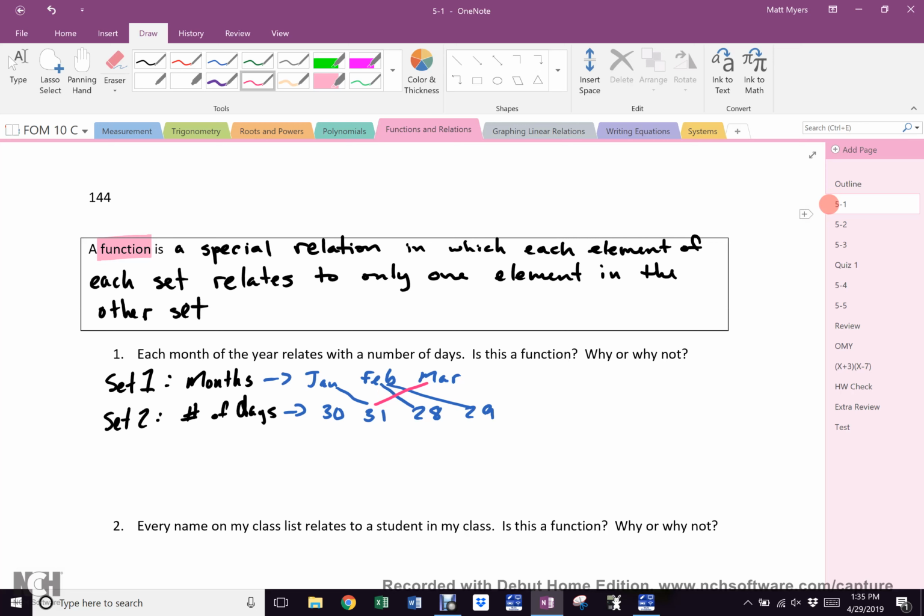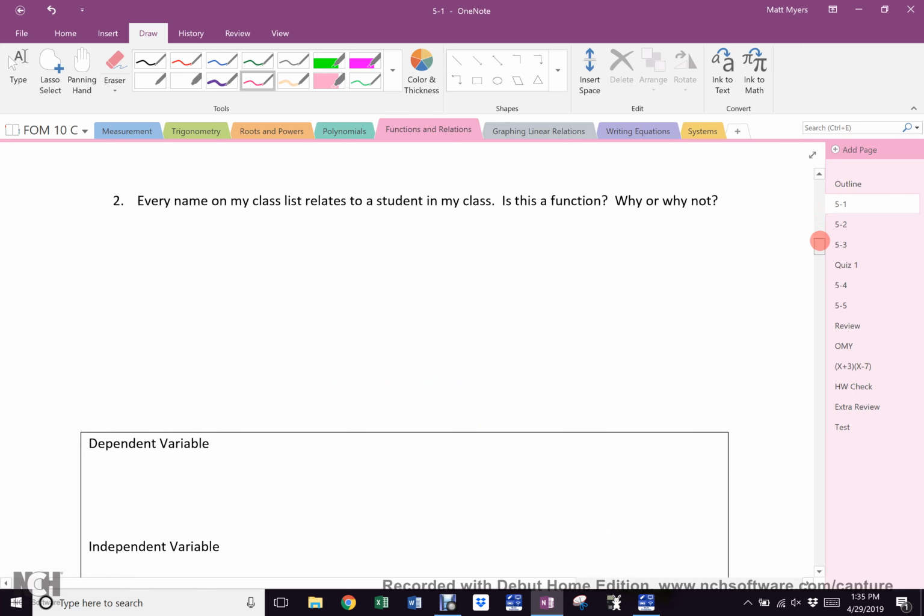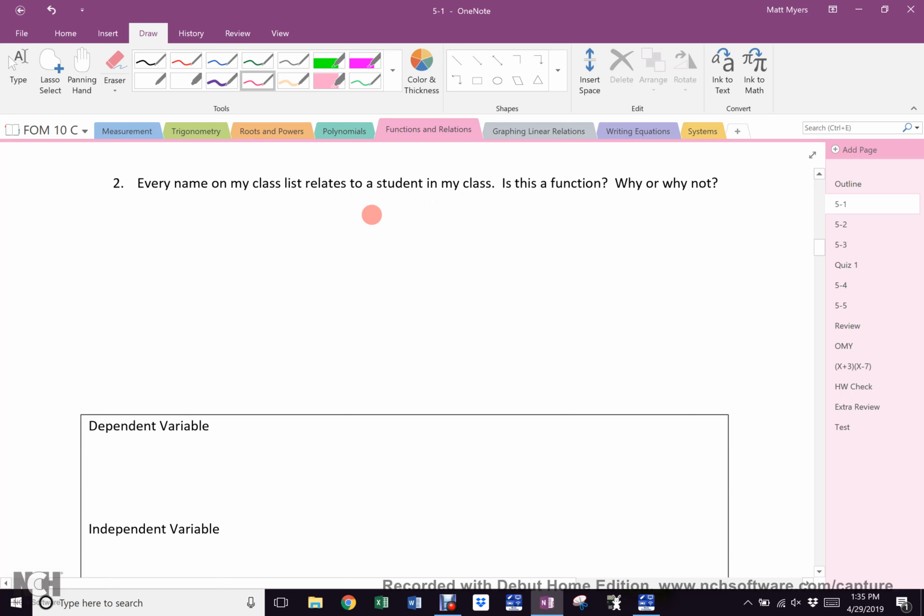All right, let's try the second one. This one's a little trickier. Every name on my class list relates to a student in the class. So what is set one? Okay, the names. What is set two? The actual students. Now this is where it gets tricky. On my class list, do I have first name, last name, both? Both. So on my class list, I have a first name and a last name, and I look out